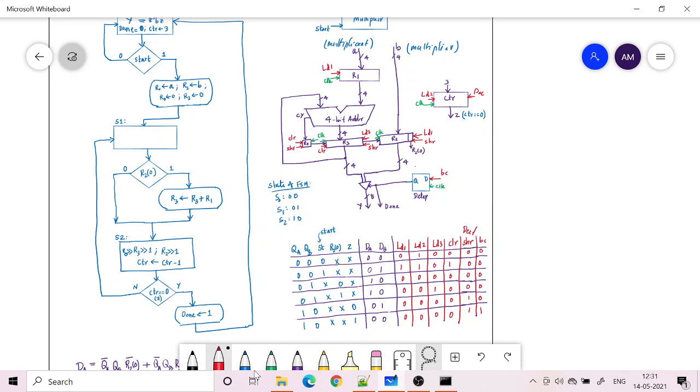But immediately I don't want it, because the register is not yet loaded, so I need to wait for one more clock cycle, like I said in the earlier example. So after that I give BC to the tri-state buffer with a delay.